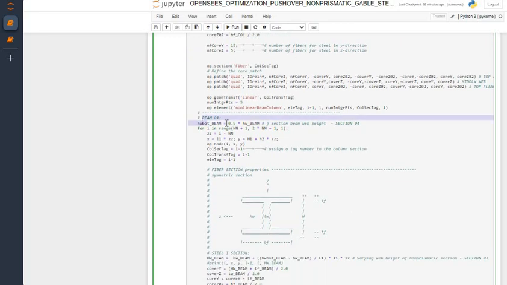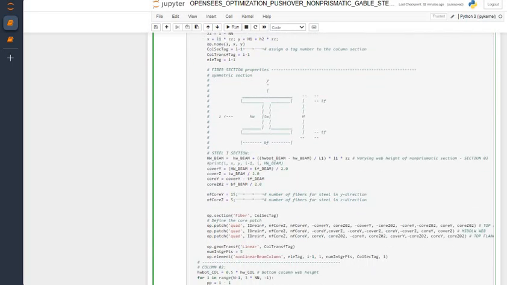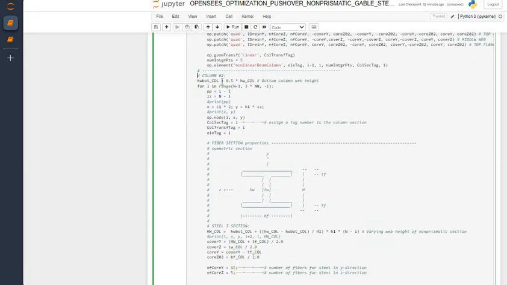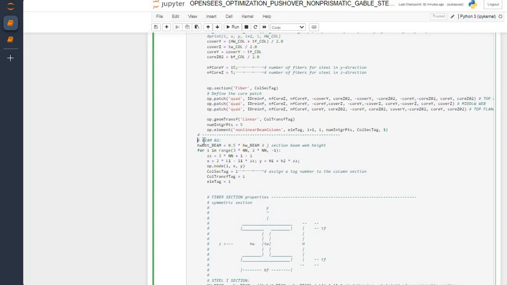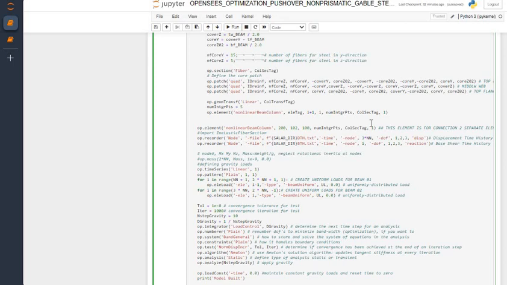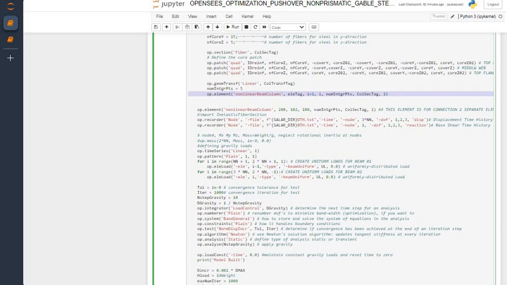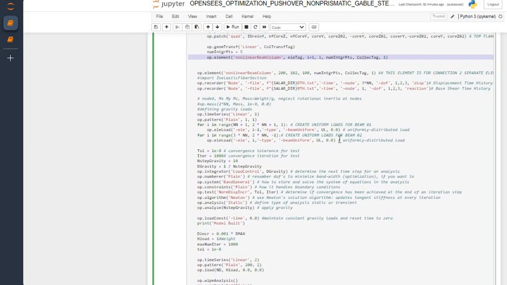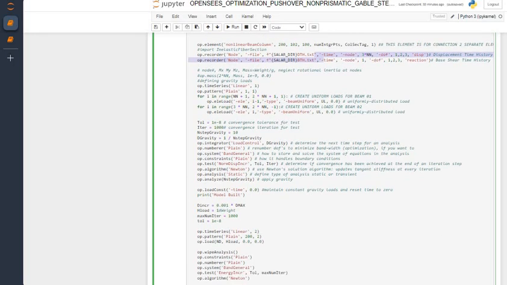And you see for beam 2 we have this process also, and also for column 2 we have the same process, and then for beam 2 is the same, and then in each definition of the nodes we are going to define the elements, nonlinear beam column elements, and then output the data as displacement and base reactions, and also define in here the uniform distributed load for